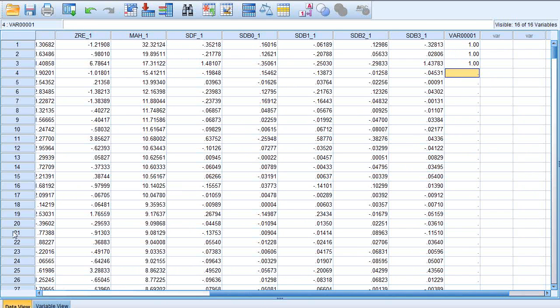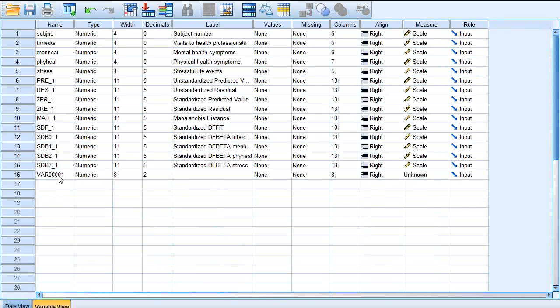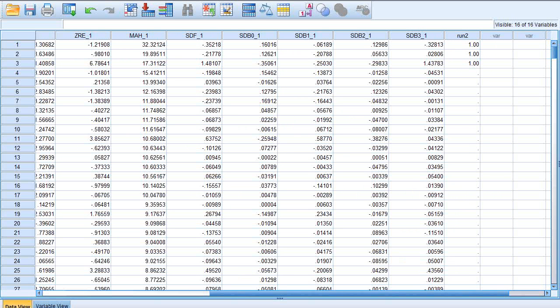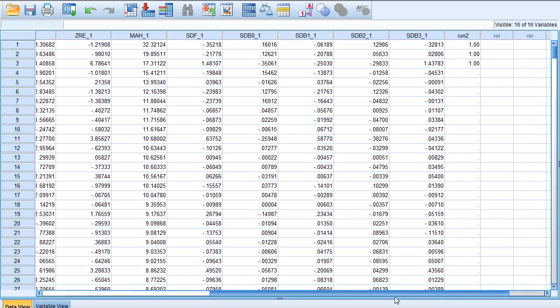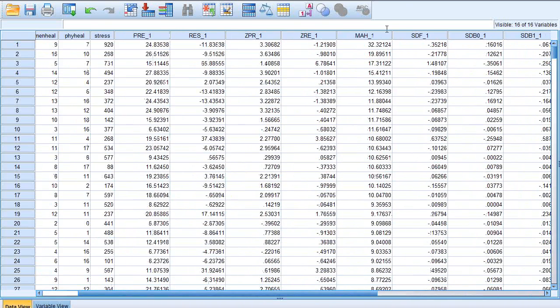So now I have a new variable here, and then I can rename it under variable view. And this is just, I'm calling this run2, right? Well, run2. And then later, what we also want to do is sort the data not only by the Mahalanobis distance, but by these other types of variables. So if we look at,